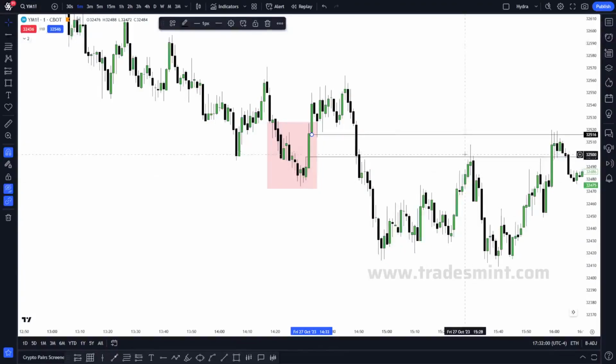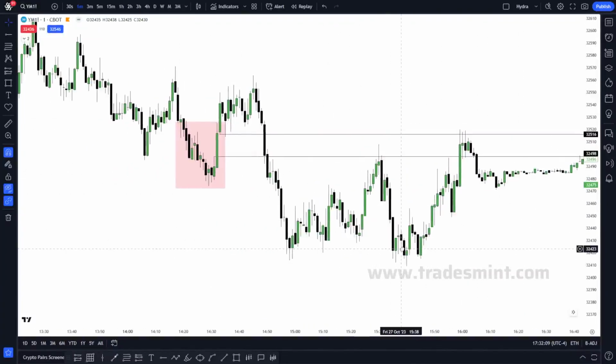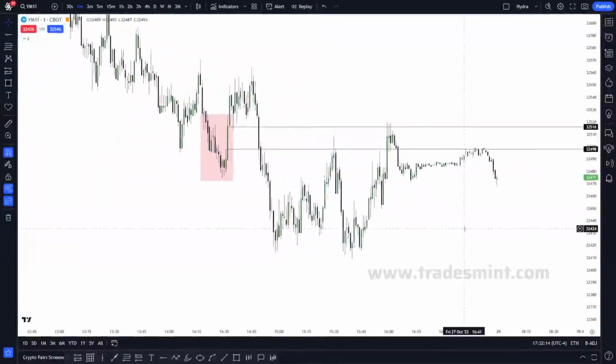Now price came back up again. How many times did price use it to get resistance lower? Multiple times, right? So now what I showed you guys here is,